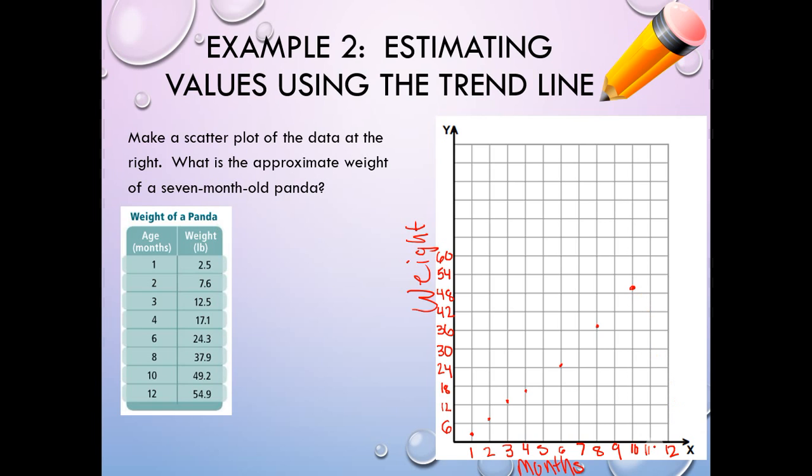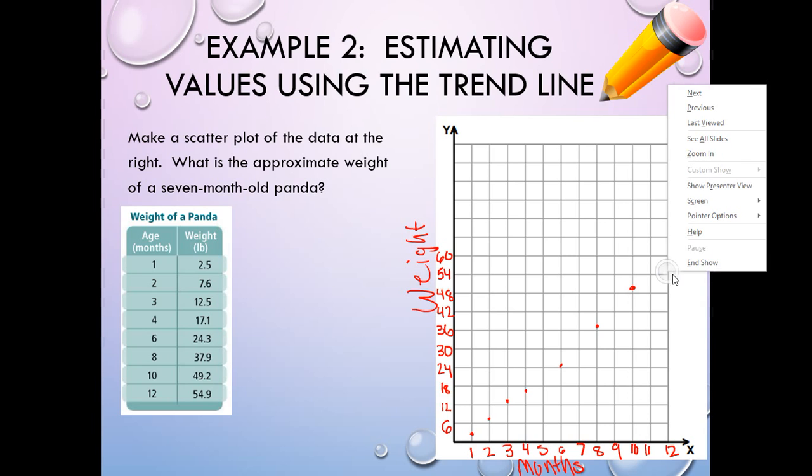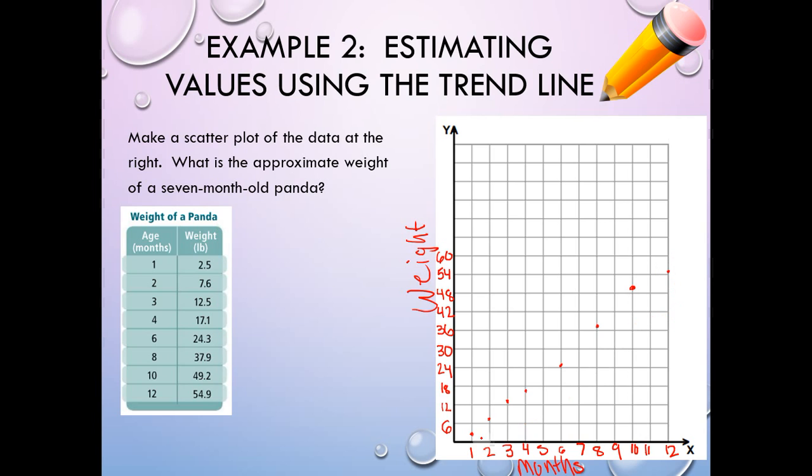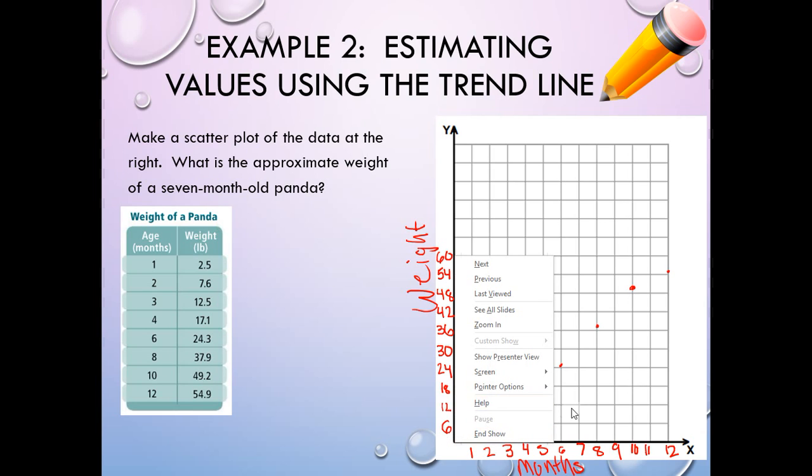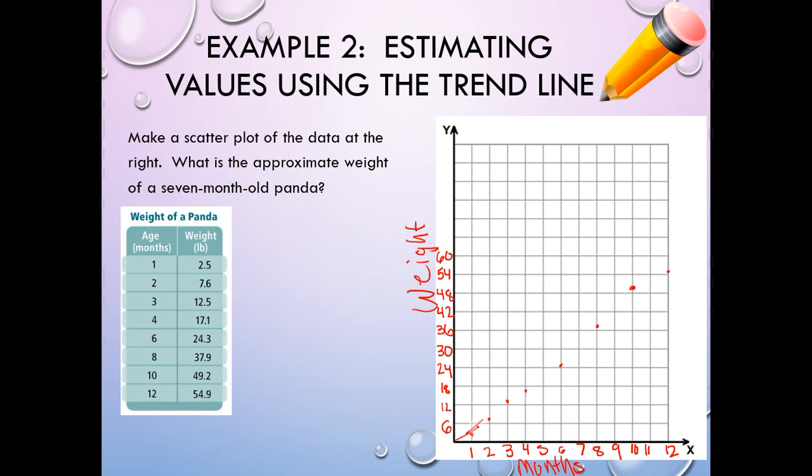And then 12 is 54.9. So just right above 54, right there. So now, they say draw in my trend line. So let's actually do our trend line here. It looks like we have a trend line that's going to go something like